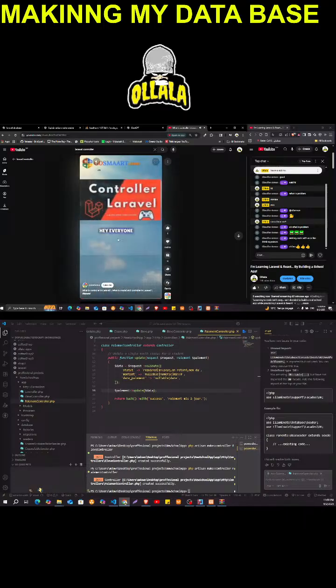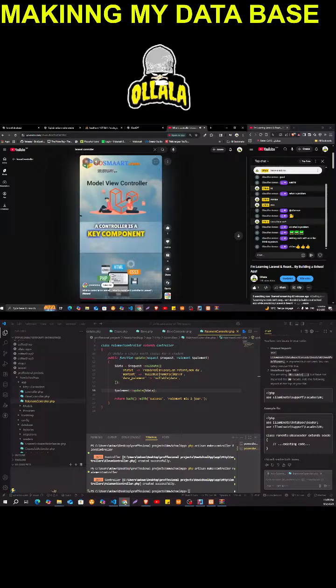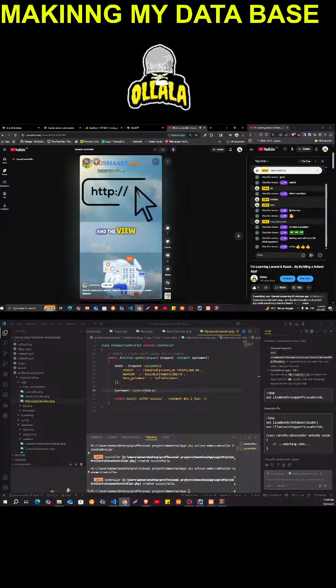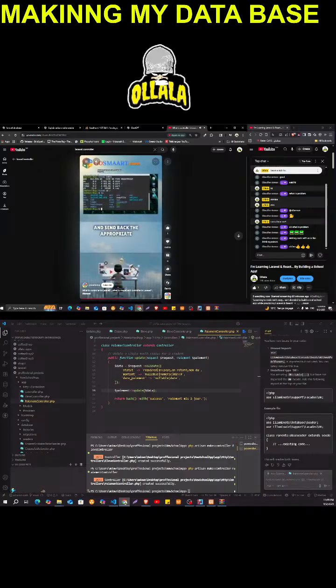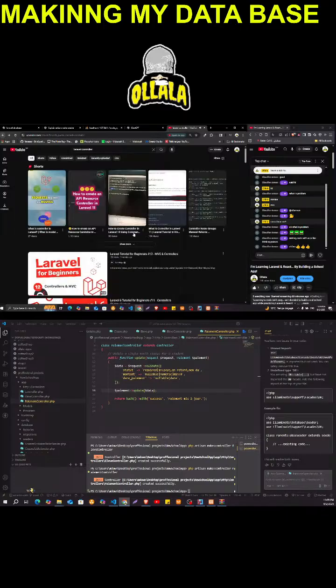Stay tuned. Hey everyone! Today, let's quickly dive into what a controller is in Laravel. In Laravel, a controller is a key component that handles the logic of your web application. It acts as a middleman between the model, which handles the data, and the view, which is what the user sees. Controllers organize user requests received via routes, process these requests by potentially utilizing models, and send back the appropriate responses, often as views. This setup keeps your code clean and organized, making it easier to manage as your app grows. As